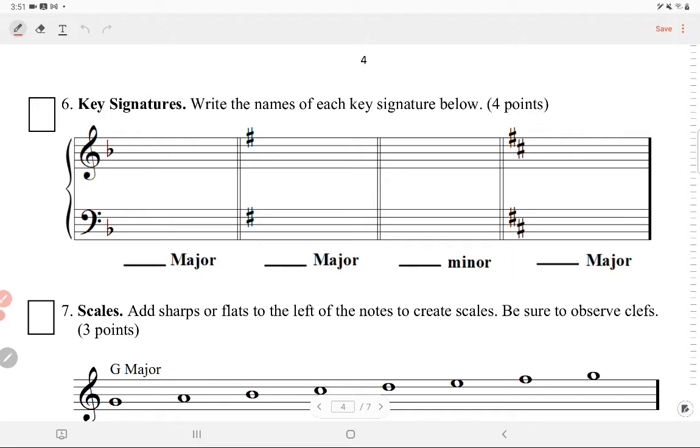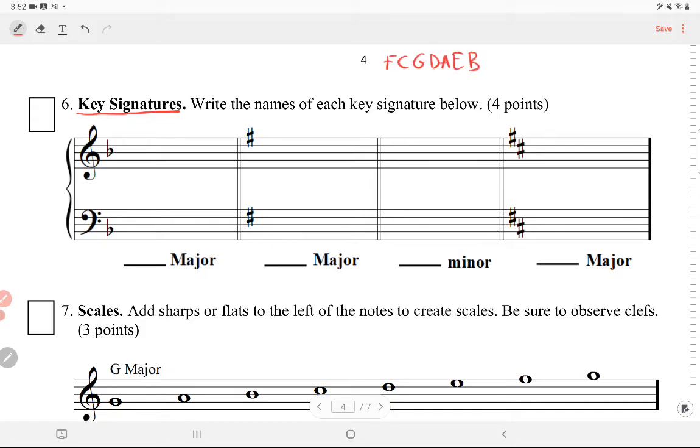Ooh, key signature. So for this one, I have to explain circle of fifths. There is a faster way to figure out key signatures, but we're gonna go the longer way, okay? And first of all, for that, we're gonna draw a circle of fifths that helps you to understand how the key signatures work. But before we do that, we're gonna write the following thing: F, C, G, D, A,